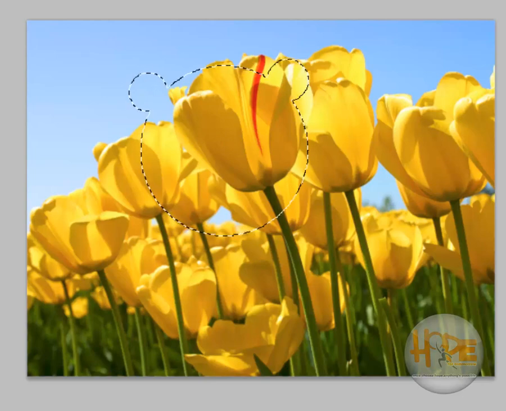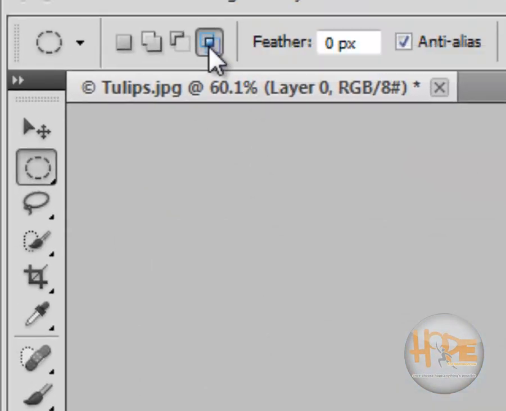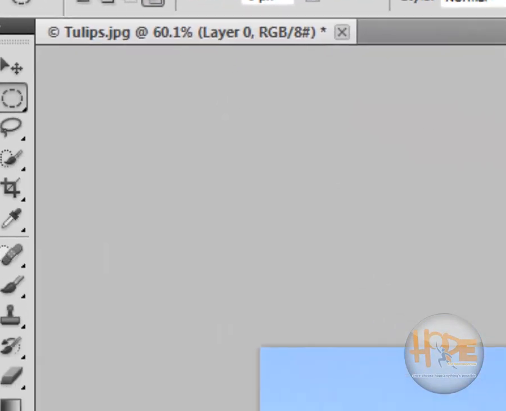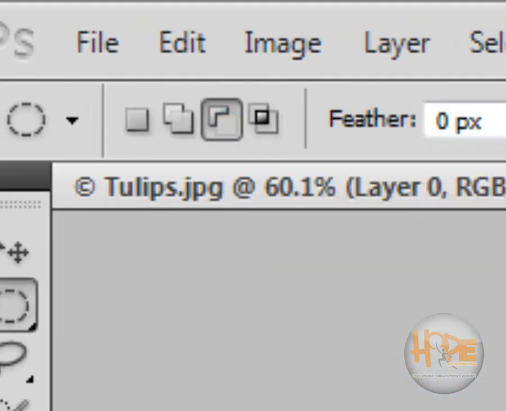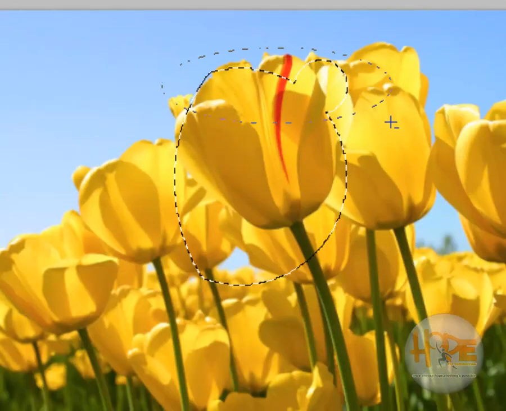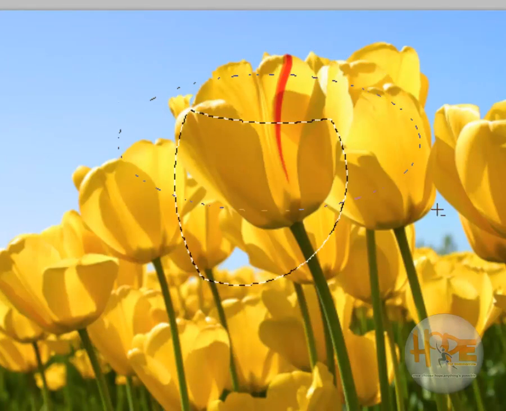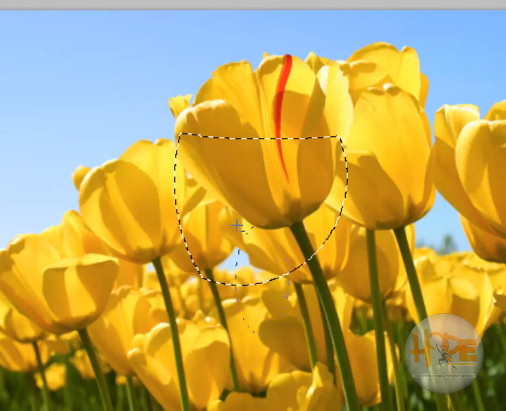If you want to take out the intersection, you can just go over here, press the intersection, select the area, and only the area intersecting will get selected. If you want to subtract from selection, go over here, left click, and then the area that you will select will be subtracted from the original selection.